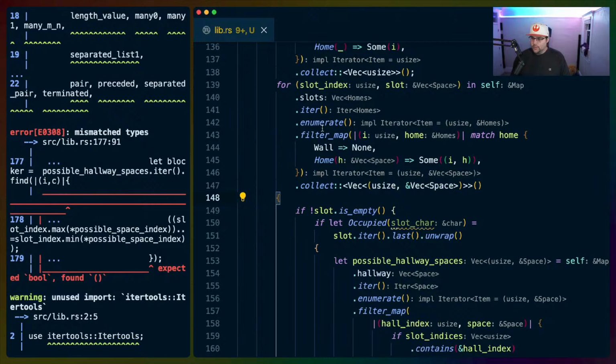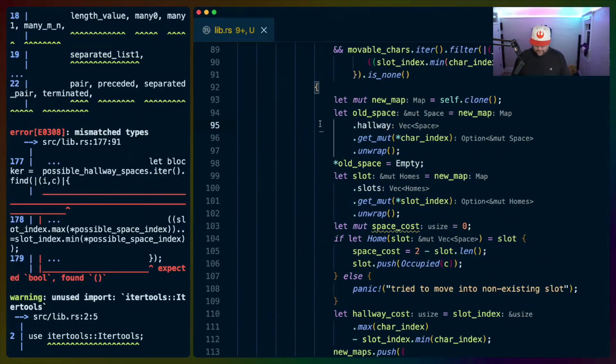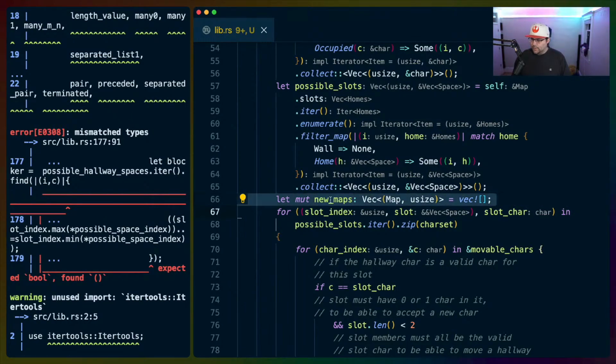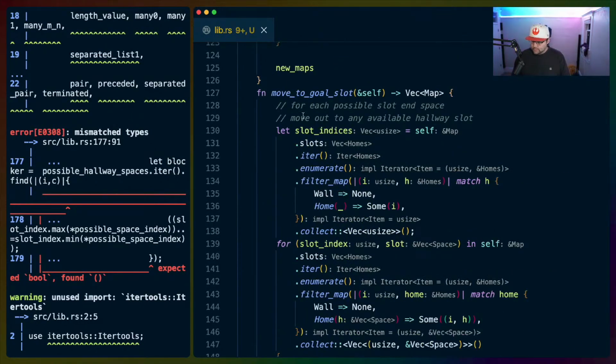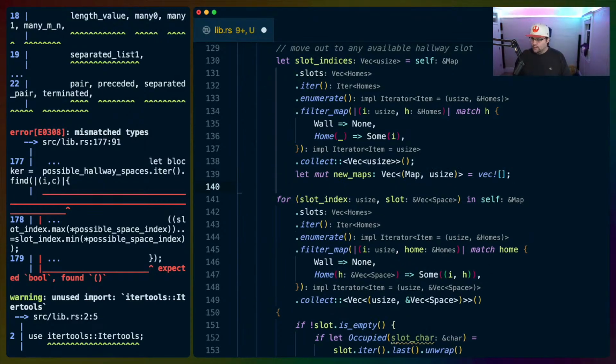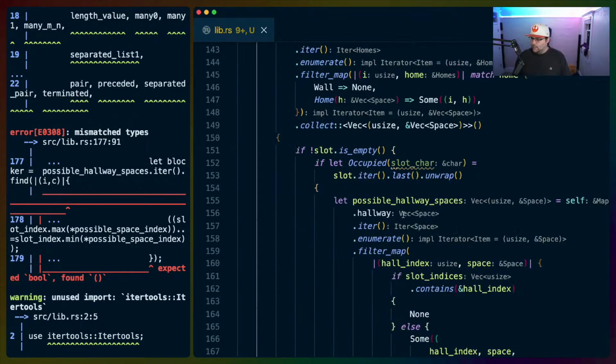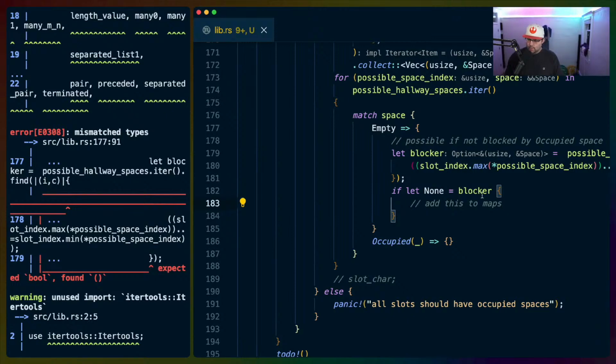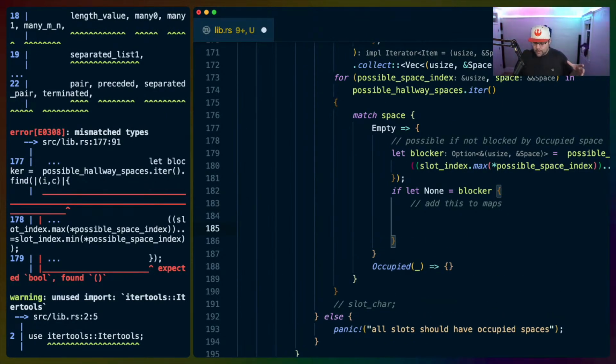So we do some kind of new maps here, right? This is going to have to be outside of the for loops. So it'll go here, let new maps equals this. Slot car, why are we not using slot car? We're going to use slot car, right? So if we don't have a blocker, then this is the point at which we remove it from the slot. And we also